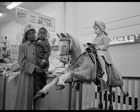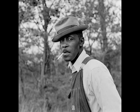A shocking case in point is the story of Matt Ingram, a black sharecropper who was charged with so-called reckless eyeballing in 1951. If a black man at that time even dared to look at a white woman, or if that woman imagined that she was being looked at, the man could be accused of sexual harassment and even rape. And it happened to Matt Ingram, who had apparently frightened his 17-year-old female neighbor by looking at her from some